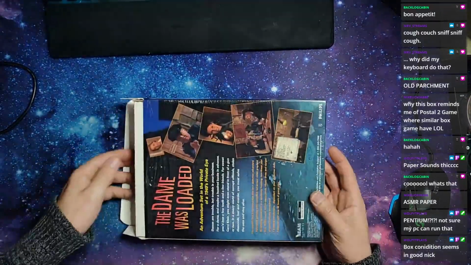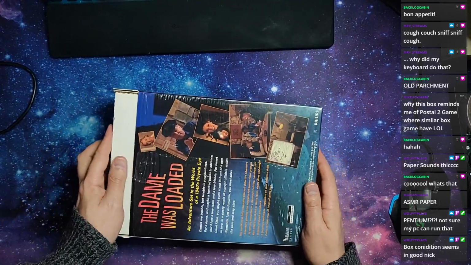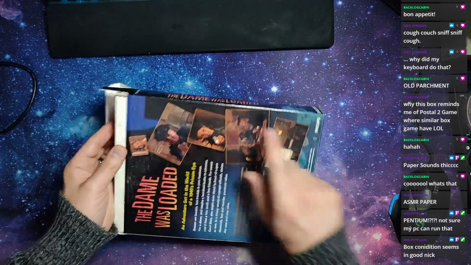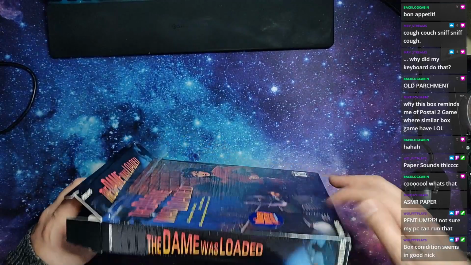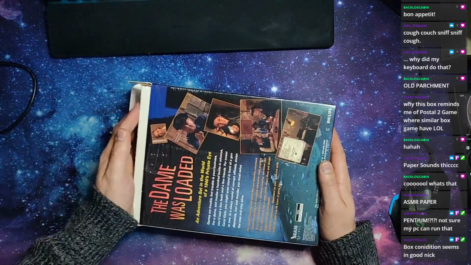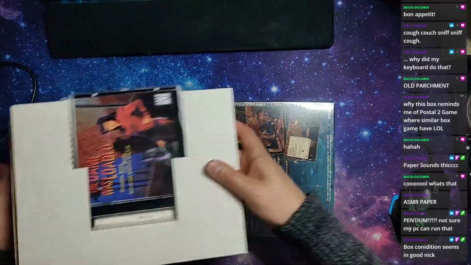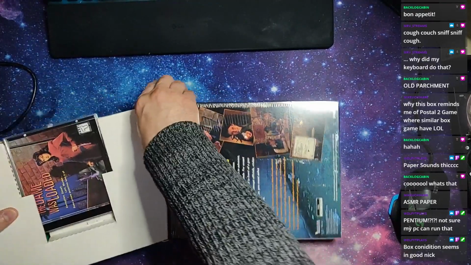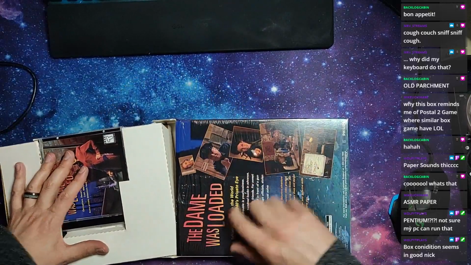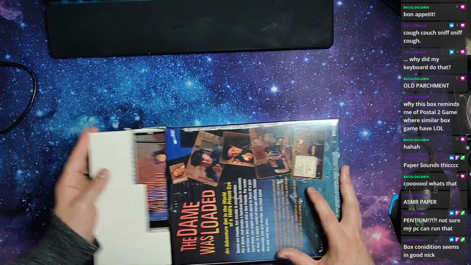Good condition, Nick. What? It does seem good condition. Well, it's kind of the thing. If you can leave the vacuum seal paper on, or the plastic, sorry. Flip this around, maybe? Let's try that. You should, honestly, because it'll keep the box from getting scuffed up when you put it on the shelf.